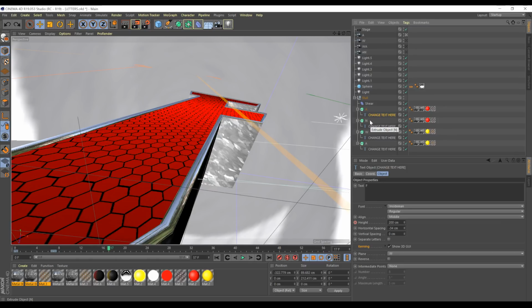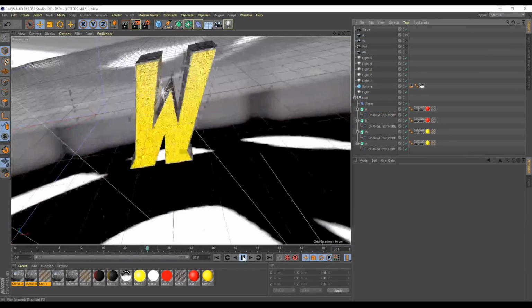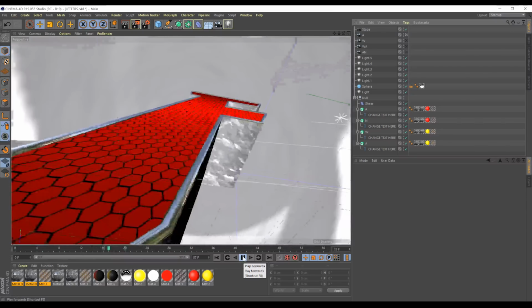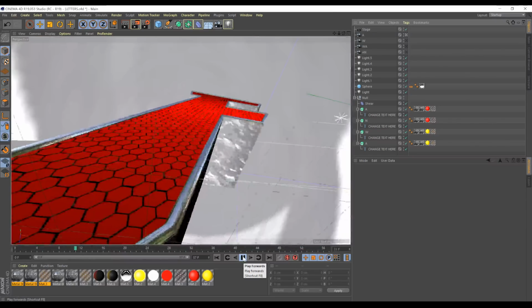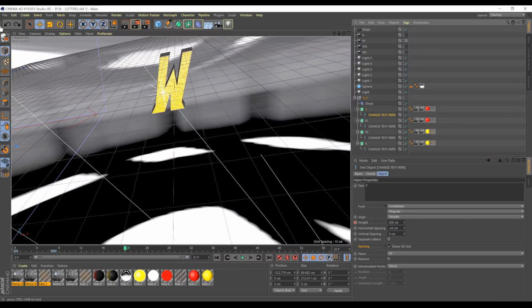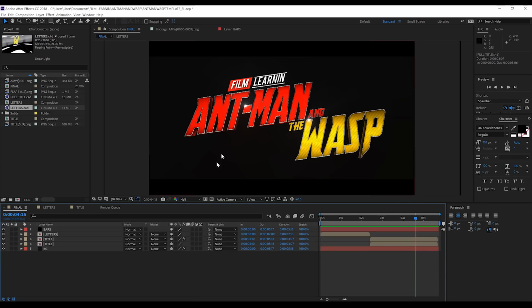You can then rinse and repeat this for all 4 letters. If we then hit the preview button, this one right here, you can see that everything works fine still. Okay, let's hit the save button and head on back to After Effects. Okay, after a little back and forth tennis action, we're back in After Effects and we have our custom text